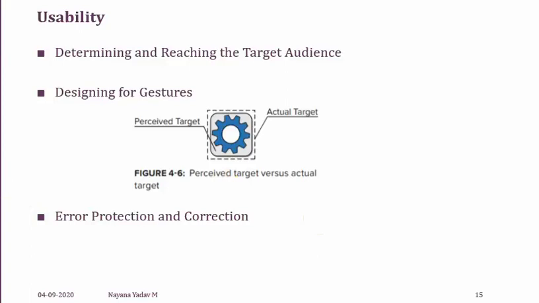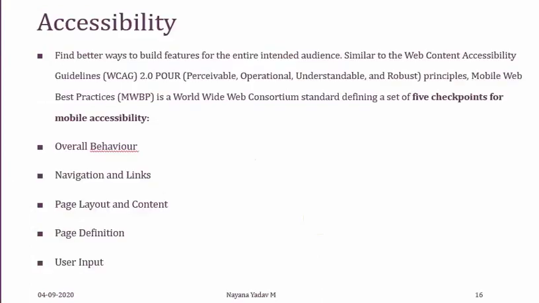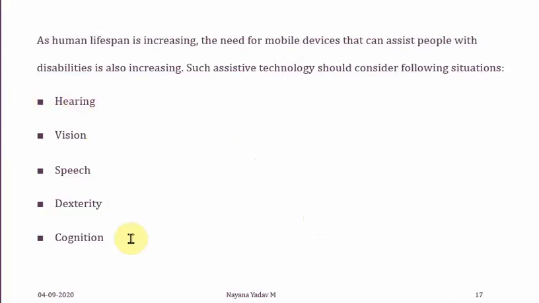Okay. And the next thing we spoke about is accessibility. Under that, we spoke about hearing, vision, speech, dexterity, and cognition. Dexterity, when you say, remember, you're driving or you're cooking, you're not able to use a cell phone at that time. So what other alternative? Automatic receive or any voice recognition. When you're speaking, the phone should be answered by your voice. Such kinds of features you can add.